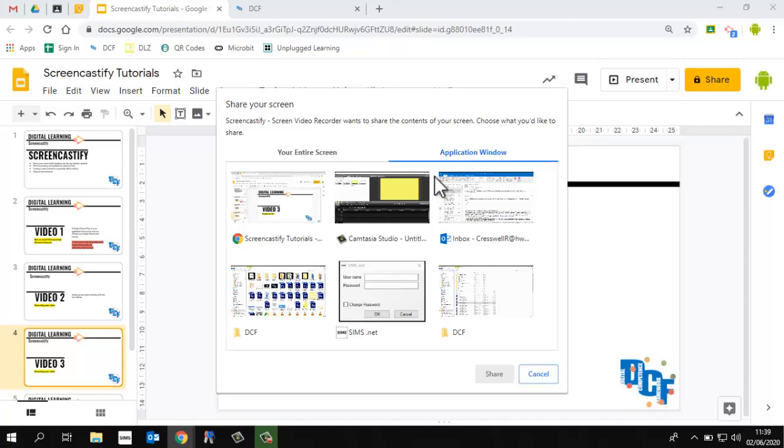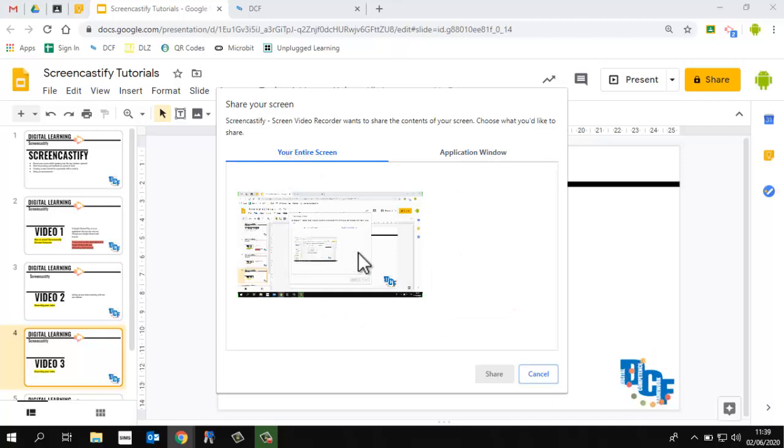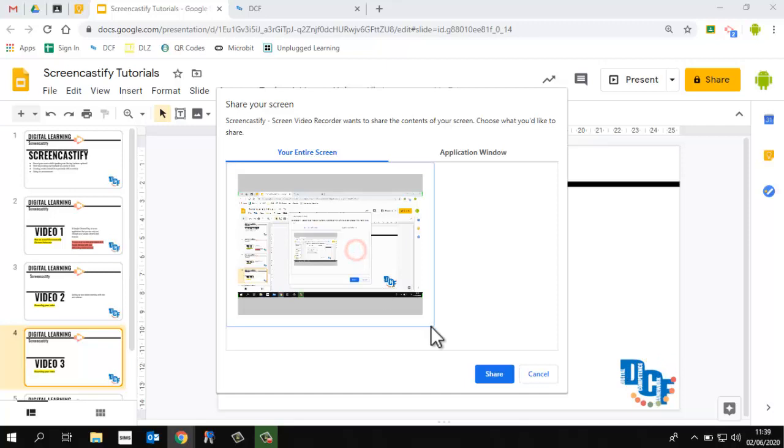So when you use a specific application window, it will automatically open to that particular screen. But if you do the entire screen, you can navigate between a few different things. So I'm going to choose entire screen and I'm going to press share. What it will do then is it will do a countdown, 3, 2, 1, and then it's ready for you